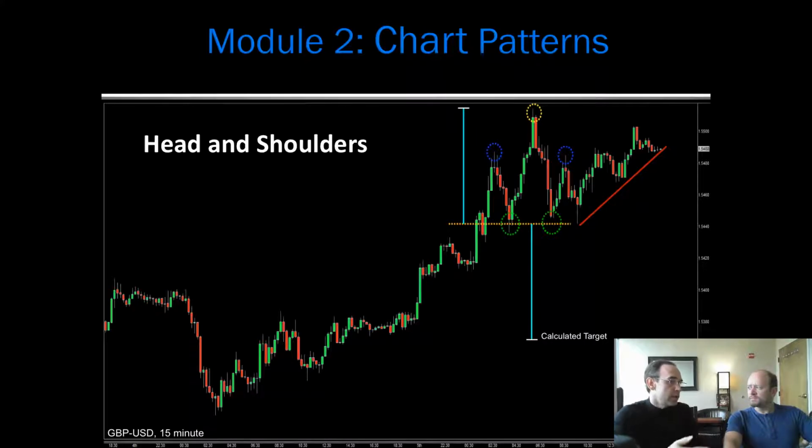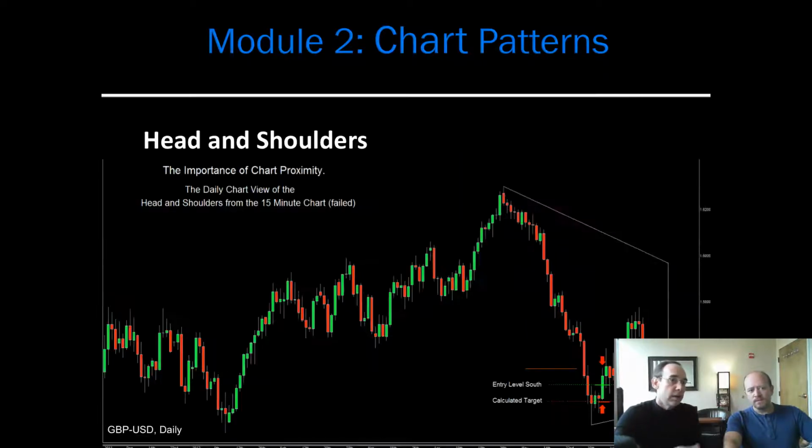Well, what we need to do is go from the 15-minute chart and look at the bigger charts and find out exactly what's going on there. So if we go to the next chart, we show that the pattern is failing and why. And here we go to our daily chart. We went from a 15-minute now to our daily, and what we're looking at here, the daily chart has shown that we've had a major run down, all the way down to here.